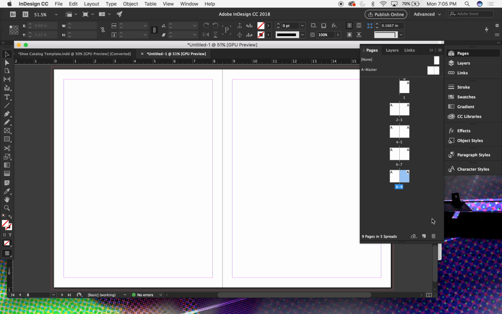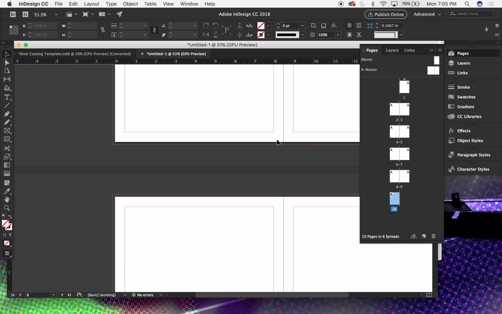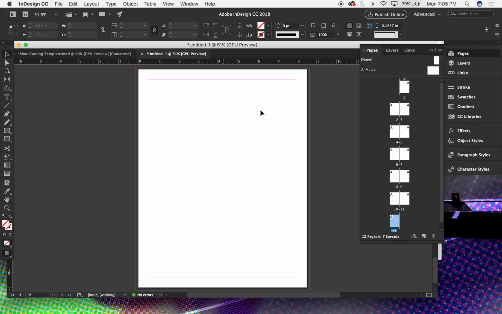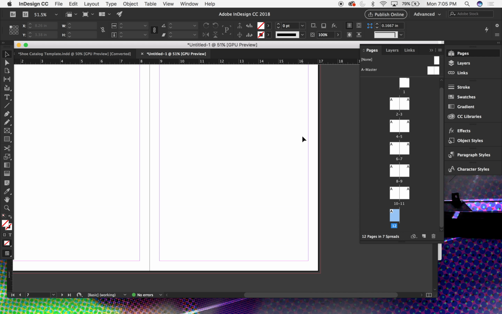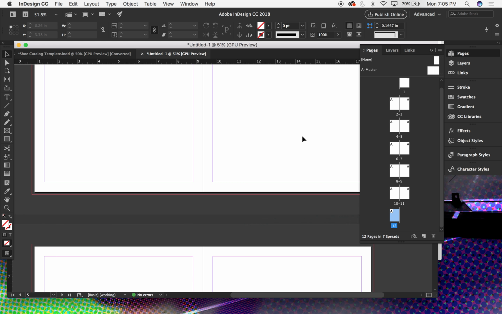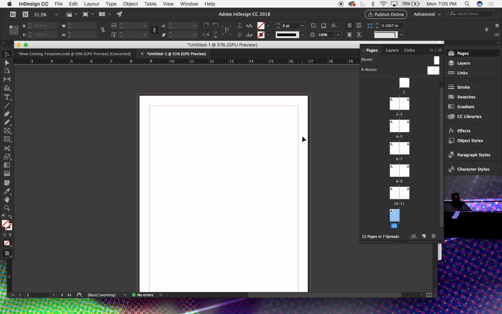Okay, so what we're dealing with is a 10-pager here. But in reality, something would have to be divisible by 4 to be saddle stitched. So saddle stitching basically is the staples in the spine of your magazine. Okay, so I could even bring samples of that later. But here is InDesign